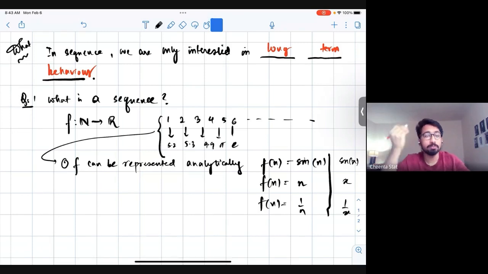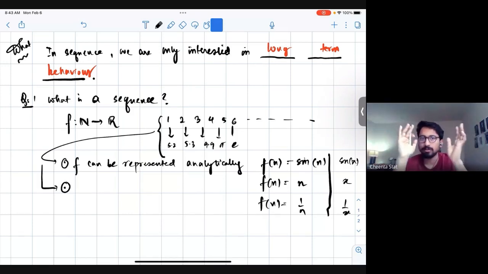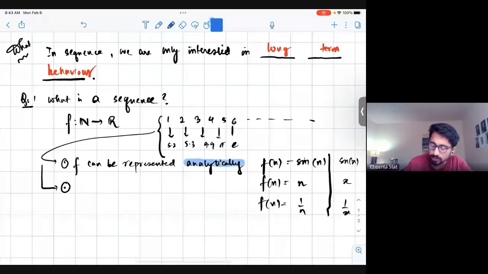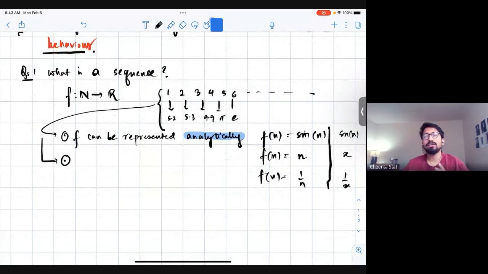But sometimes it cannot be. For example, the Fibonacci series is in a different format. If you solve it by the characteristic equation, you can form it. This is very important to understand, because all the problems you will solve are in this format: either f can be represented analytically, meaning the analytical form will be given, or most of the time, f cannot be represented analytically.